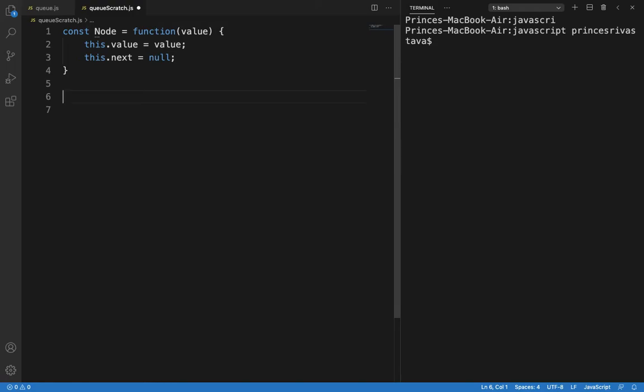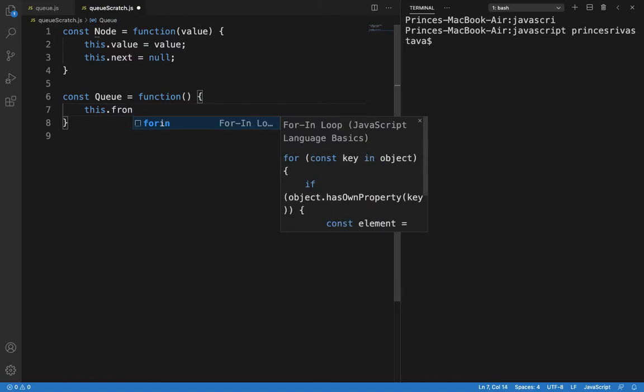So we can do it like this. So const Queue, and that will be a function again. And now since we are going to create a queue, we will assign front and back on this object.